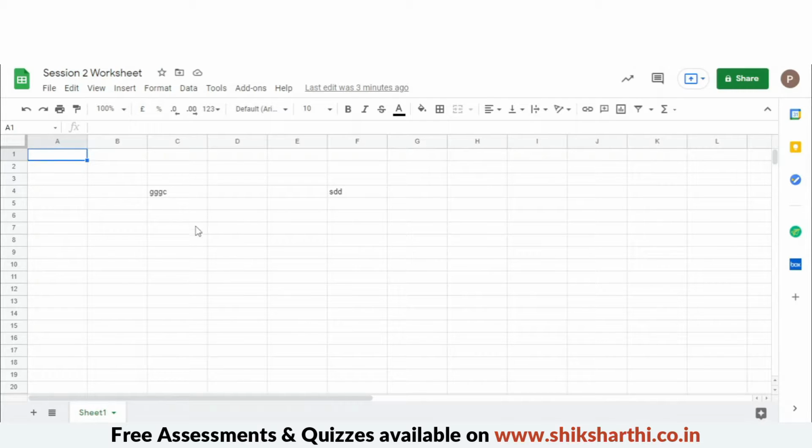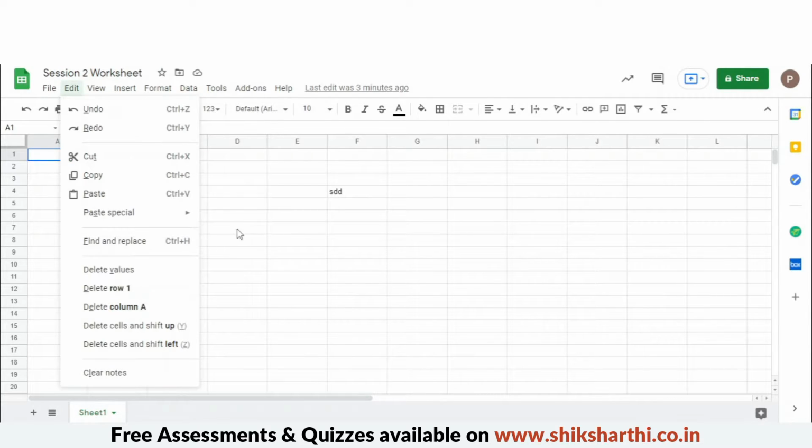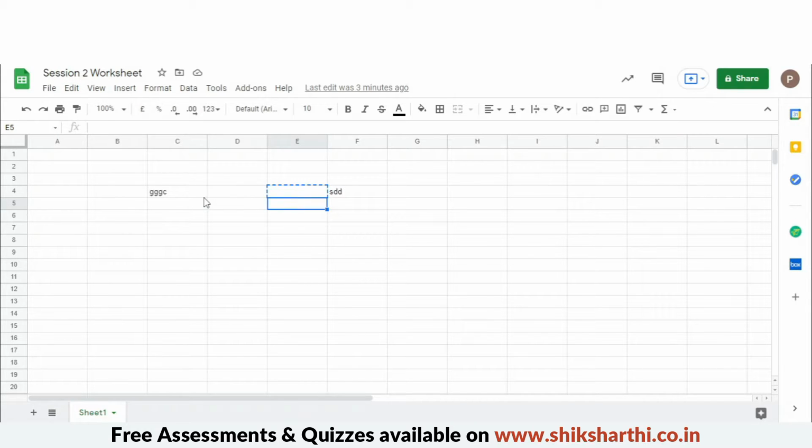Next, since we are done with File, let's go to Edit. In Edit, it consists of undo, redo, cut. We'll use some shortcuts for this. If you press Ctrl Z, it undoes the last change you made. And if you press Ctrl Y, it redoes what you did before. So it just undoes the undo.